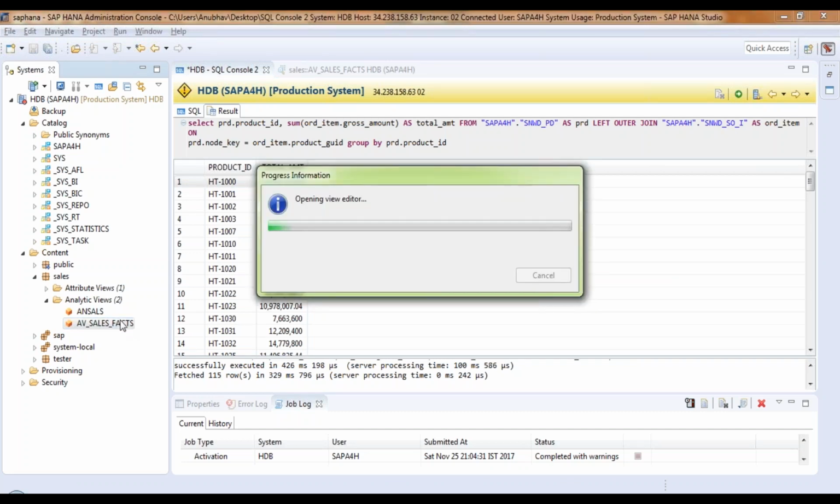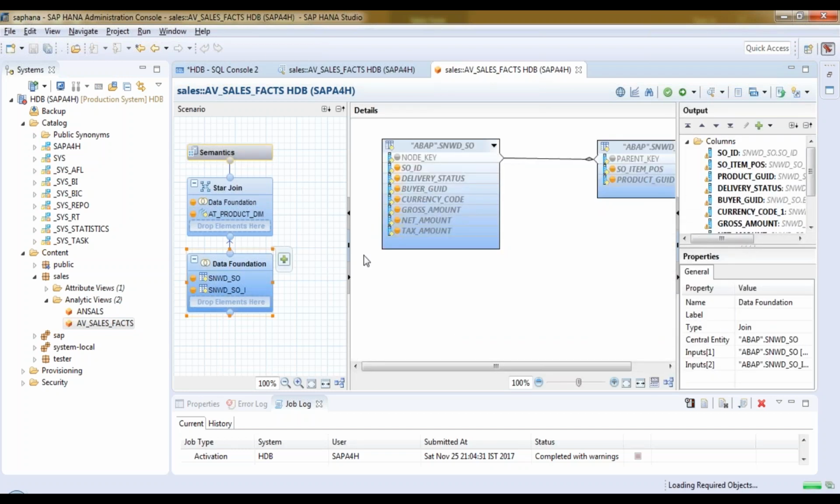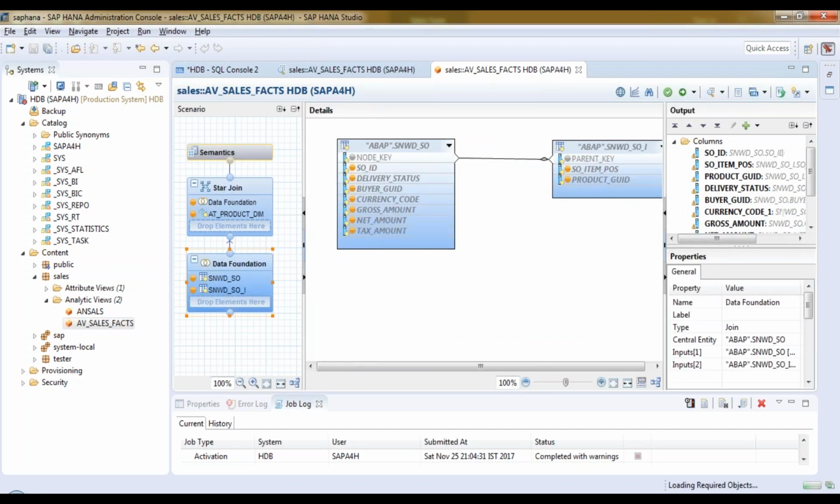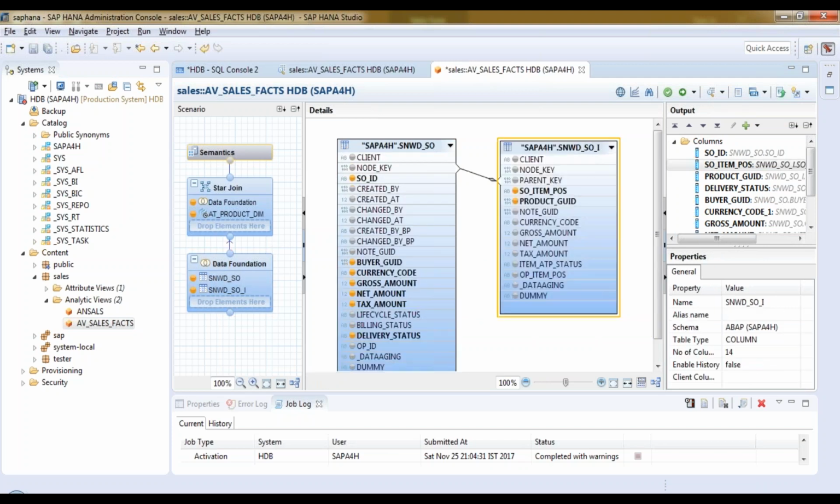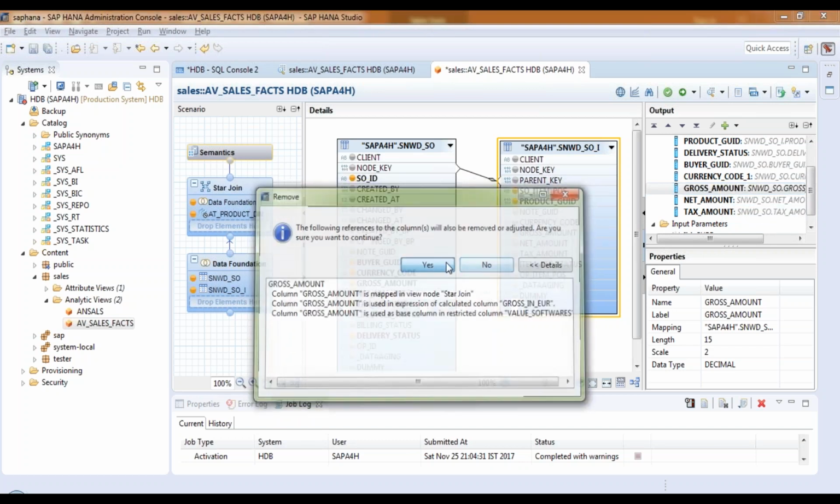So I double click on the view once again to see the provided output columns from my data foundation from the fact tables, and there I should include the gross amount field from the items table rather than from the header table. That's the main intention. So now you see it shows me the data from both the tables, and I can see the columns now. The gross amount which was selected here was from the header table. I should change it. So right click, remove,